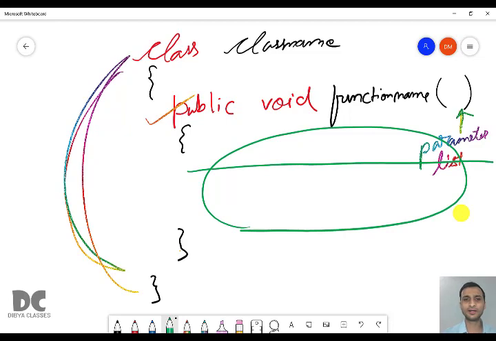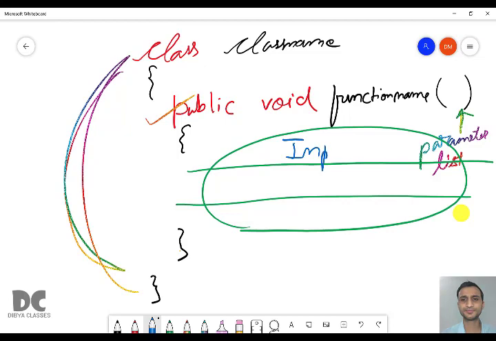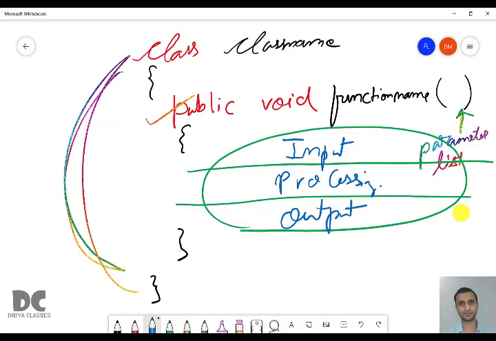Everything will again be divided into 3 parts. All programs can be divided into 3 parts: input, processing and output. All the Java programs in this world are divided into 3 parts.